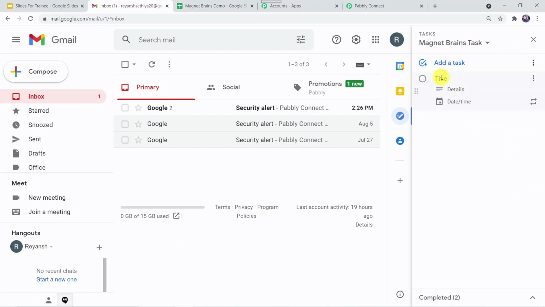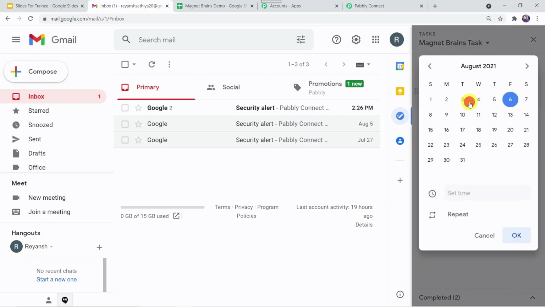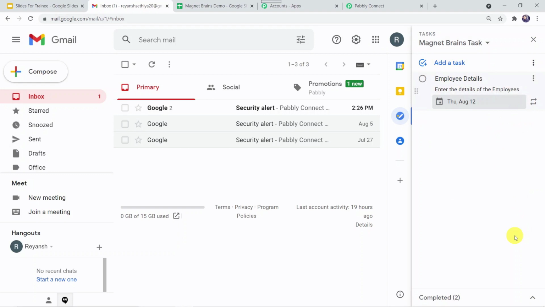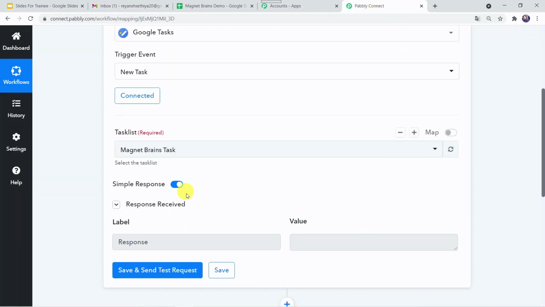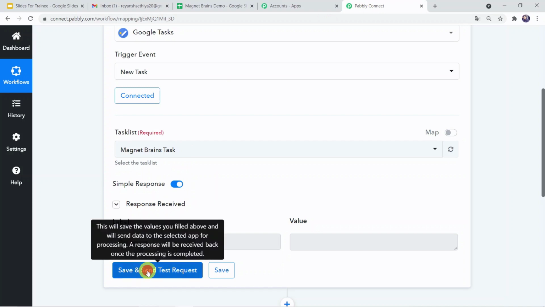See, the task name as employee details, and the details I'm going to give as enter the details of the employees, and let me give the date as 12th of August. Okay. So now we can see we have entered the details. Now let us again click on save and send test request.